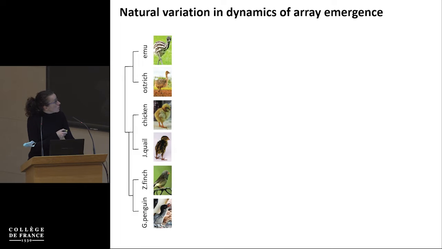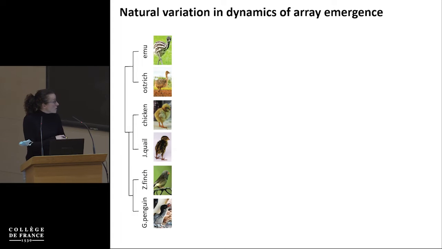So here you have the emu and the ostrich, together representing the most ancestral clade of flightless birds. The chicken and the quail, which are used in most developmental avian studies, represent the second major clade of bird, also containing the geese and ducks. And then the zebra finch and the penguin, which we chose to represent the third and most abundant clade of